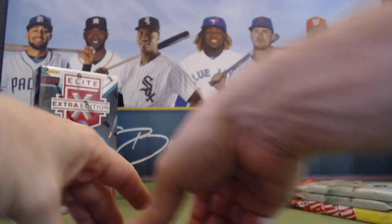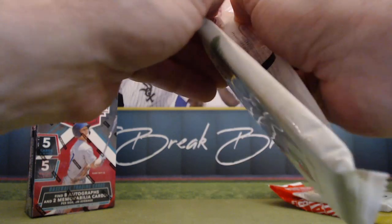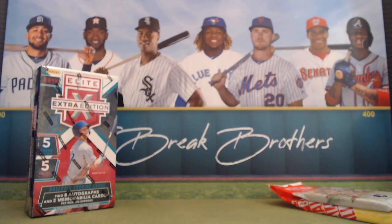Oh, well. That was a top series 1. We'll move on to, let's try one of the Allen and Ginters. See what we got here. Honestly, have not been a big Allen and Ginter fan for very long. For whatever reason, they came out at the same time as a lot of other kind of